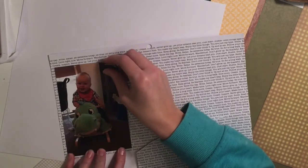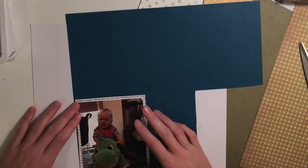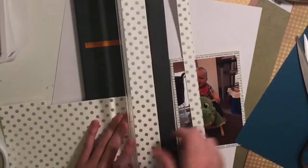So I can't tell you what any of the collections are or where I got any of them from, because I've just dug them all out of my scrap bin. But I was just really happy with how this layout turned out and how I was using up bits and pieces of my supplies. So I covered the page, the photo, in just a plain sort of black and white